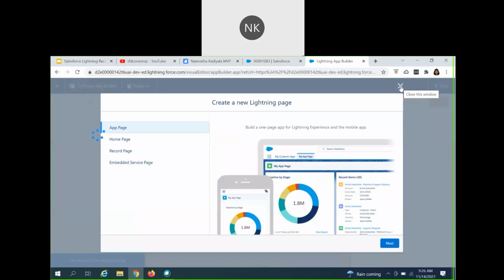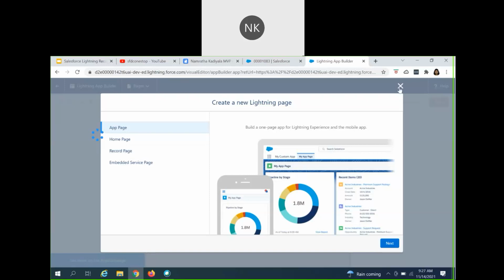We'll split this session into two sessions. In session 1, we will cover the different standard components which are provided, and we'll briefly talk about or create a record page. In session 2, we'll enhance our record page, make use of a couple of standard components provided by Salesforce, and build an entirely new record page for our case object. Then we will see how to assign that record page at the org level, or based upon the requirement, how you can assign that specific record page. We'll see that in session 2.